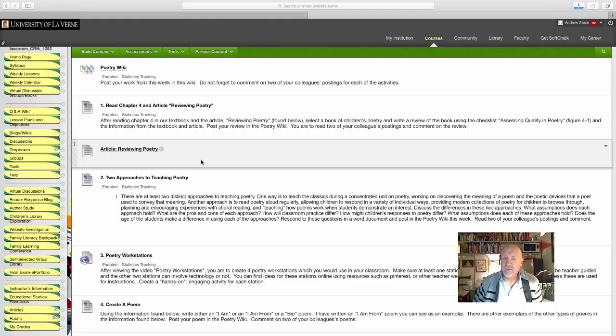Your second activity is to look at 2 different approaches for teaching poetry. They're not the only approaches, but there are 2 that you can use. One way is to teach the classics during a concentrated unit on poetry, meaning that you will have a poetry unit of instruction for maybe 1 week or 2 weeks. It could even be 3. You're going to work on discovering the meaning of a poem and the poetic devices that a poet used to